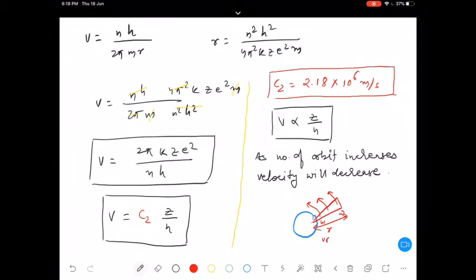Omega I can write as V by R, or V1 by R1, here V2 by R2. Omega 1 and omega 2 are the same. So as R2 by R1 will be greater than 1, V1 by V2 will also be greater than 1, which means V1 will be greater than V2. So which part of this blade will be moving with faster velocity, that we can define. Correct? So velocity will be increasing. Is that clear? Any confusion, any doubt? This thing you try to observe by yourself. Okay, I'll just clean this one.